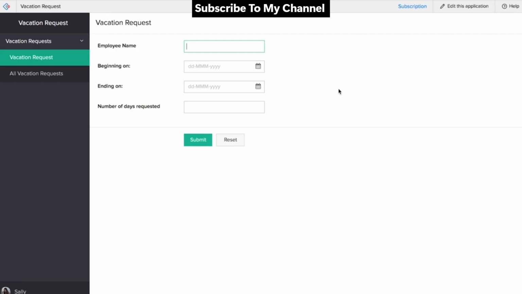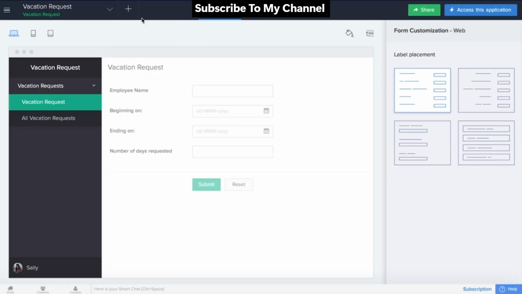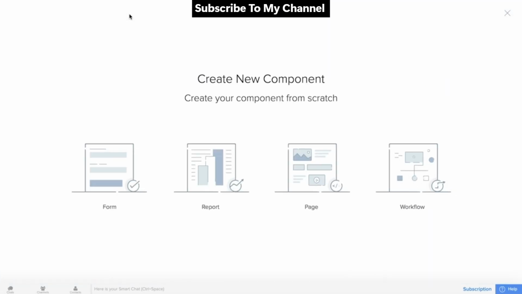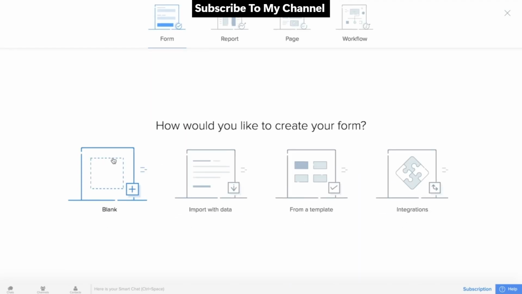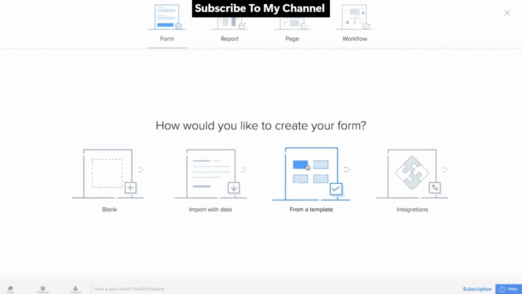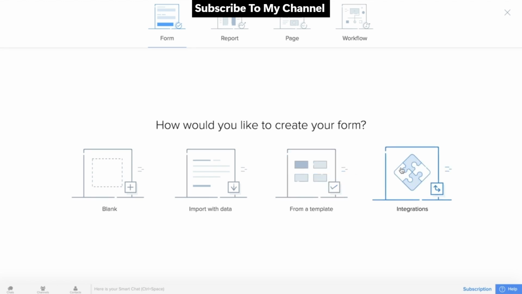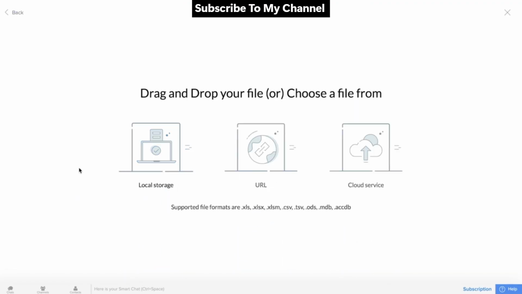So let's go ahead and import a spreadsheet. Here's the vacation request form, and we'll just go back in to edit this application. What we're going to do is click on the plus sign at the top and select Form, and it'll have a few options: blank, import with data, from a template, or an integration form. We're going to create this form by importing with data. So we'll now select one of the